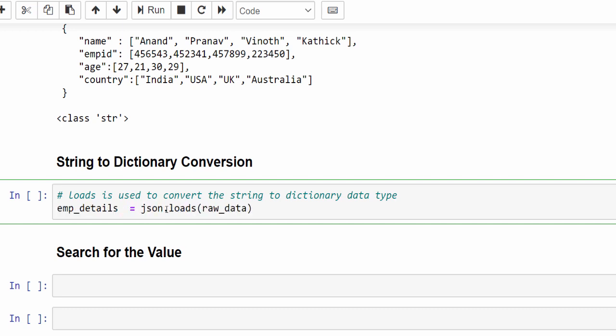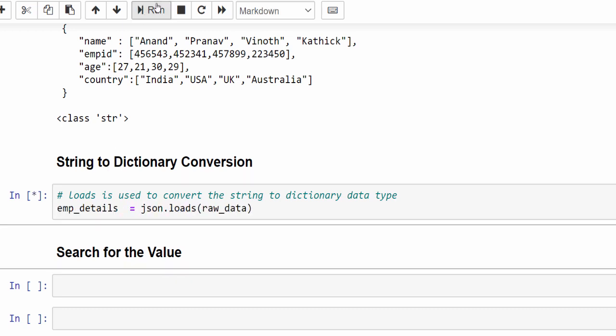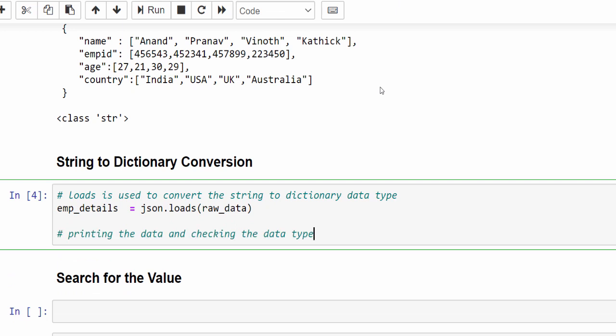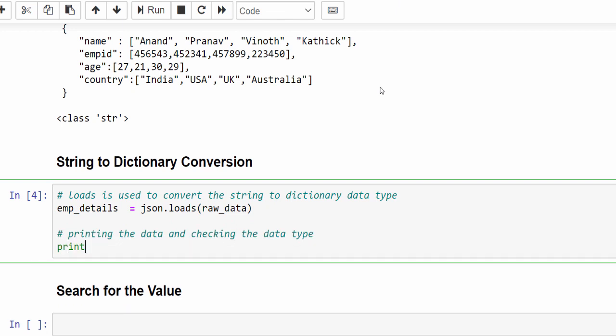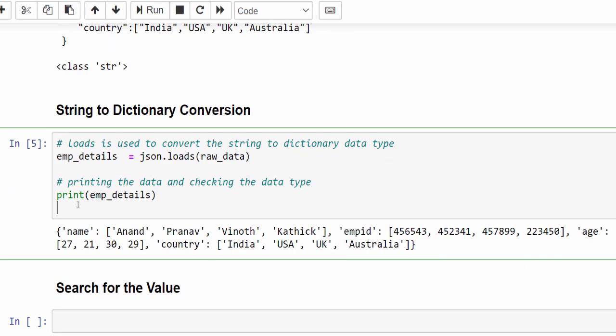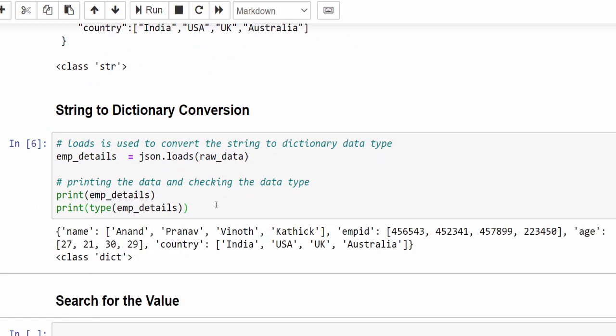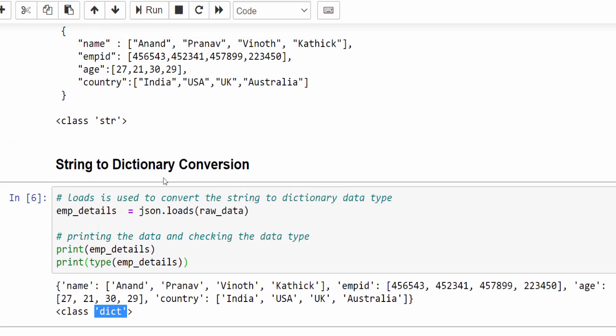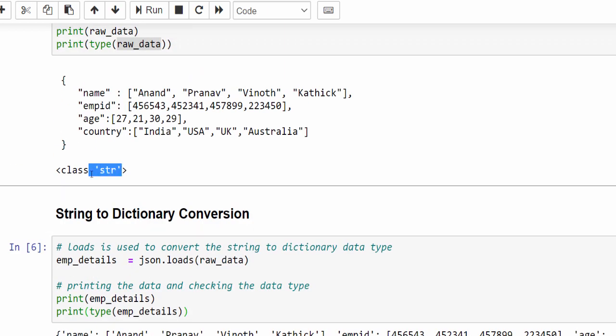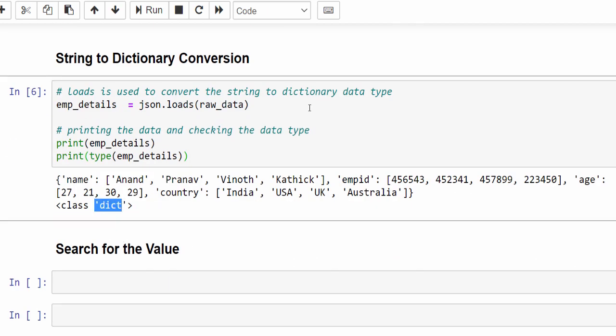I am assigning it to a variable called employee_details. Now I am going to print the data saved in employee_details. It is printing. Check the type. When you check the type, it's a dictionary. So the string is changed to the dictionary. This is the first step.